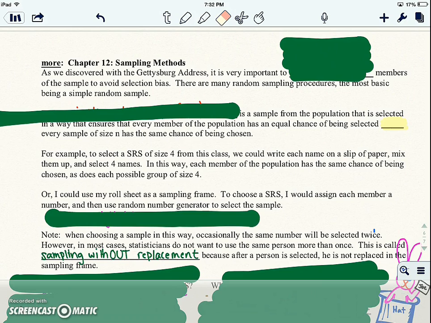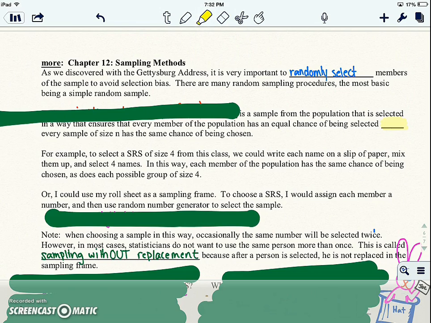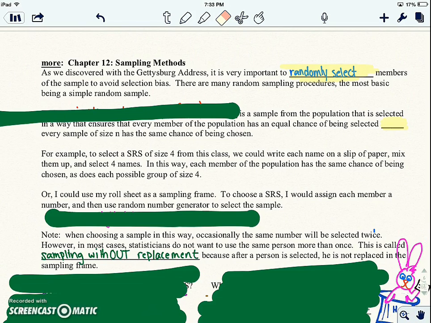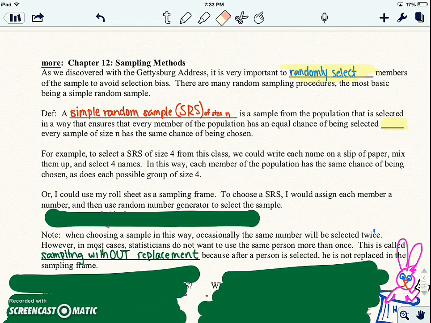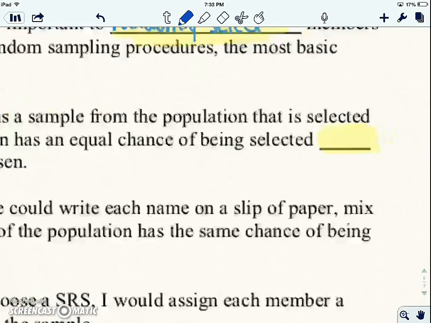As we discovered with the Gettysburg Address, it is very important to randomly select members of the sample to avoid selection bias. I can't say that enough. Okay? There are many random sampling procedures, the most basic being a simple random sample. And pretty much everything we do will either be a simple random sample or have a simple random sample in it. So a simple random sample of size n, forever now known as an SRS, is a sample from the population that is selected in a way that ensures every member of the population has an equal chance of being selected, and